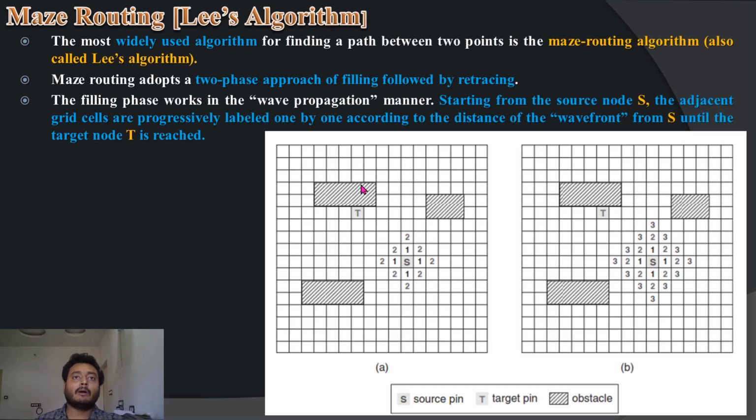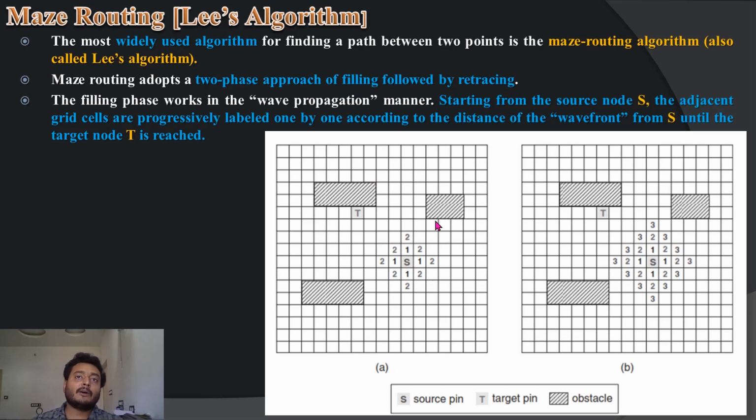These are reserved blocks, and no wiring should cross them. Whatever empty space you see in the boxes are the routing regions available. The very first thing it will do is make vertical and horizontal grid lines like this, and you end up with small square boxes.